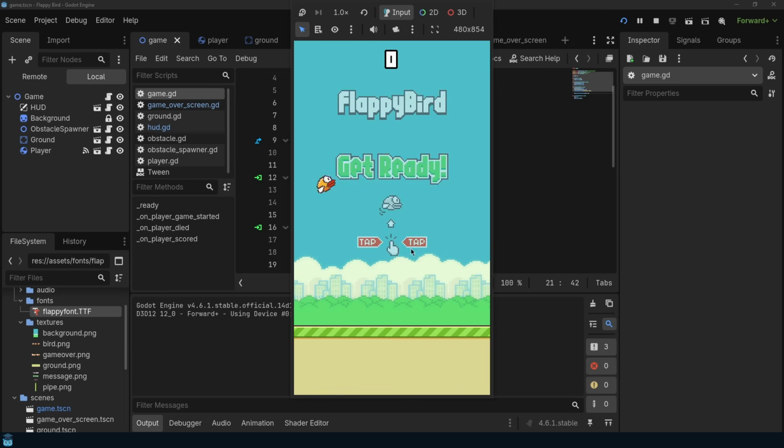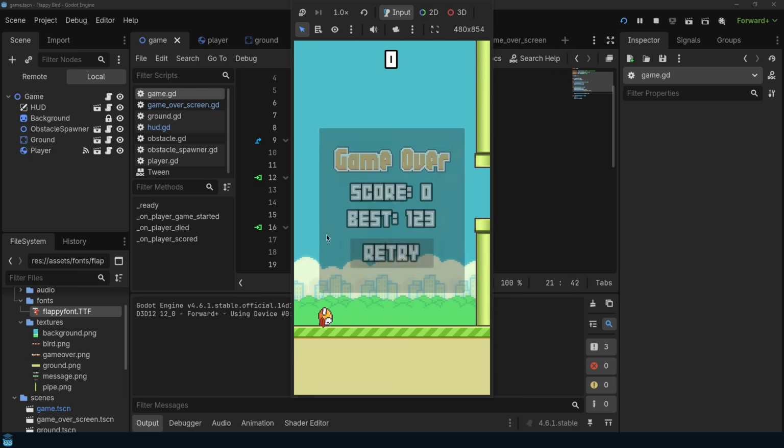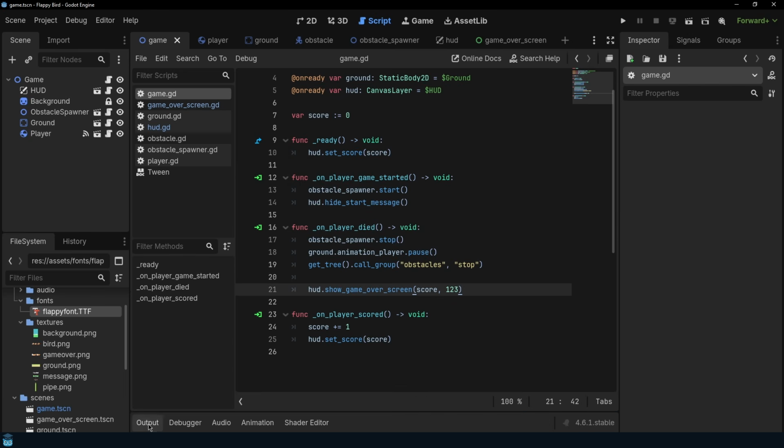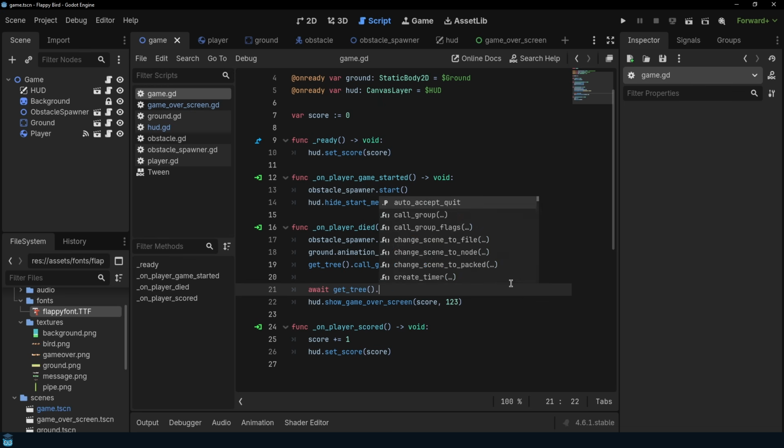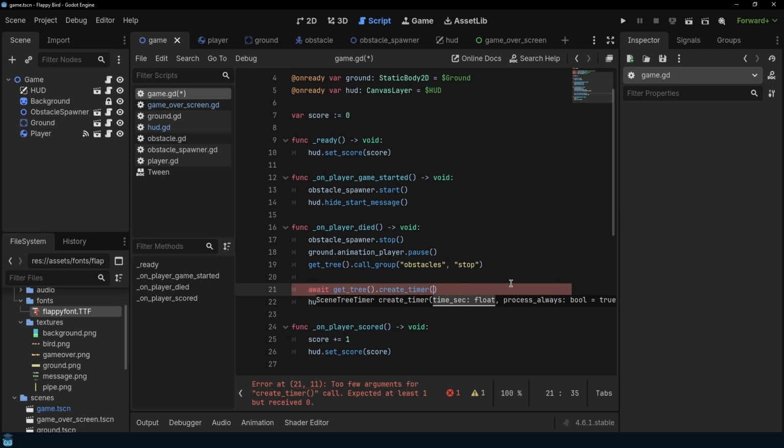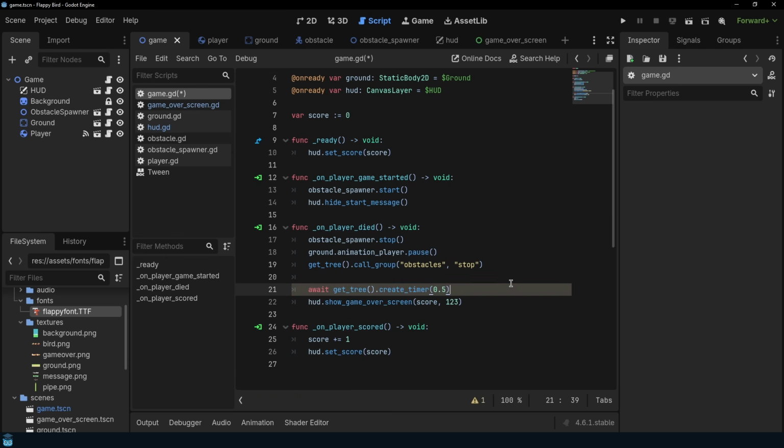One thing I want to improve here is that the game over screen is instantly shown after we die. I want there to be a very slight delay. To do that, we can use the await keyword, create a timer using the getTreeCreateTimer function. The timer is going to be for 0.5 seconds, and then we're going to wait for its timeout signal to be emitted. So this line is going to create a timer, and the await keyword right here is going to wait until the timer times out, and then it's going to continue with the function and show the game over screen,